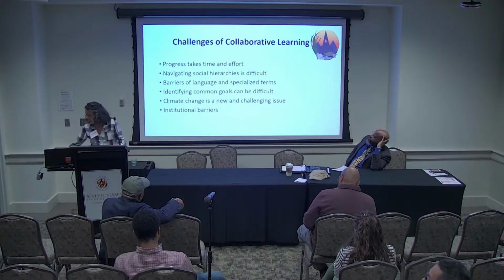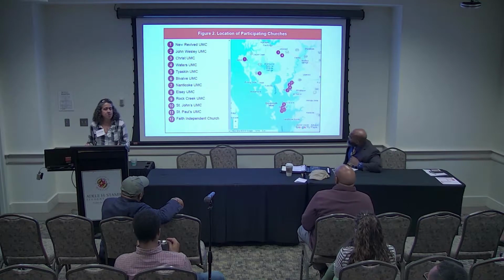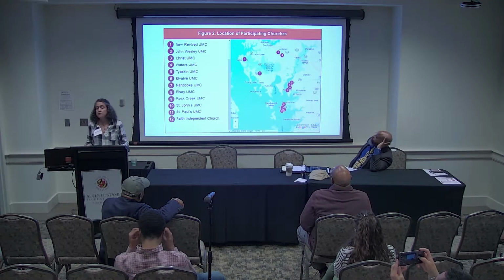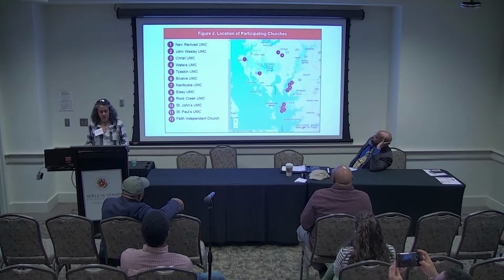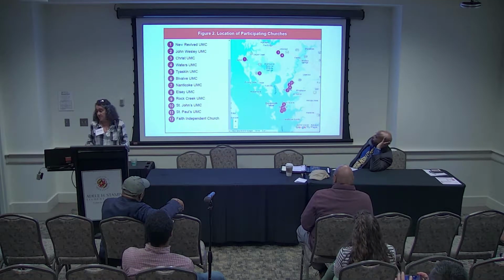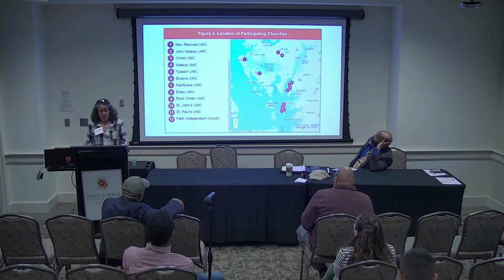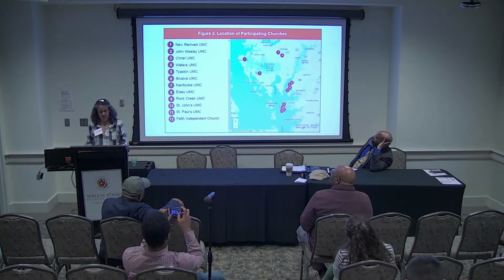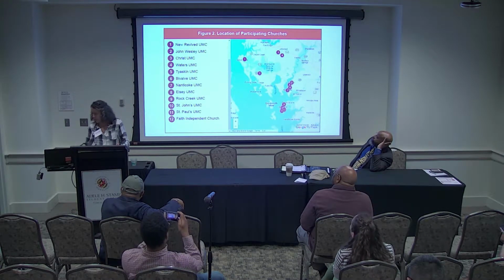But with that in mind, beginning in March 2018, members from 12 rural churches were recruited to participate in the project. 11 United Methodist churches and 1 independent church. 5 of these are African American churches. The project also includes members of Wicomico Interfaith Partners and government officials from Dorchester, Wicomico, and Somerset counties, and the state of Maryland's Department of Natural Resources, Department of the Environment, and Department of Planning.